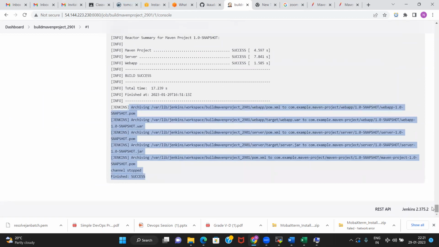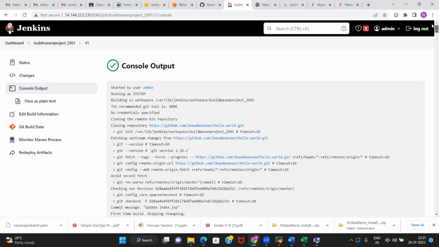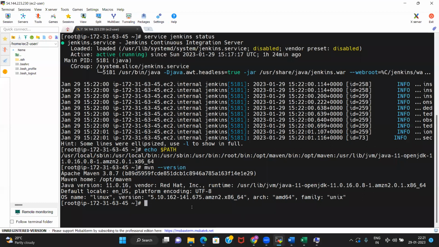Okay, where will we see the war file? Again, copy this workspace location and come here and go to this path. And this got disconnected. Let us wait.